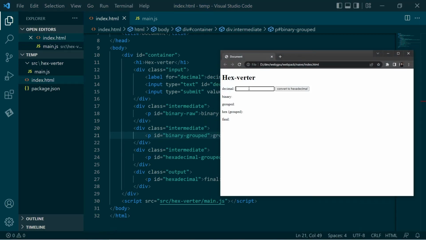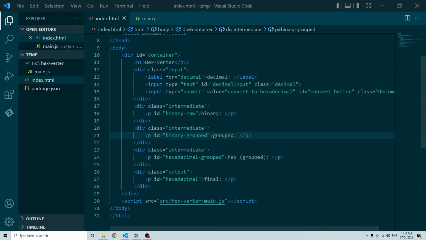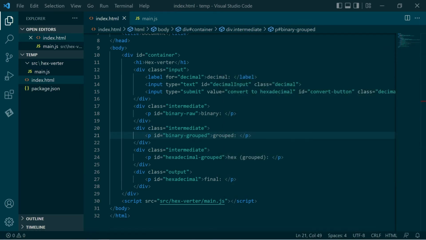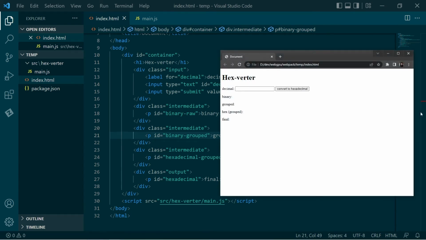Let's try that out. So we'll go 5. Uh-oh, that's not good. Oh, wrong one, sorry. That's not the one that I'm working on right now. Okay, let's go 5. And there we have it. Convert it to binary, add some padding, convert that. Okay, let's go